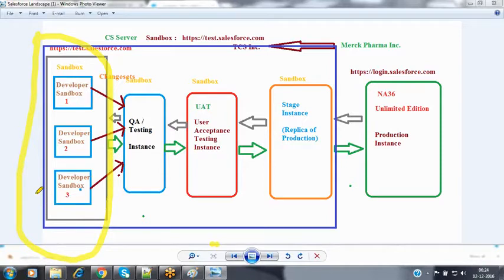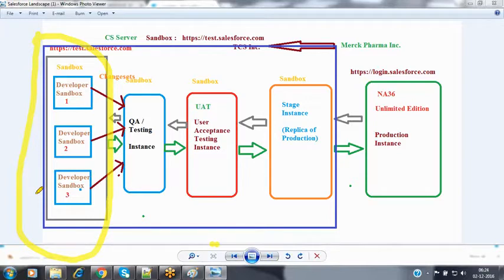Once all these developers have implemented the code, they can place that code into a single repository. That is, we can maintain a version control. From that version control, every day the developers are going to be committing the changes, the code, and from there each and every other developer can get that code into their Salesforce instance.